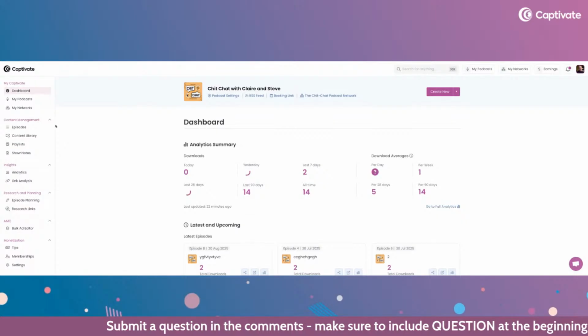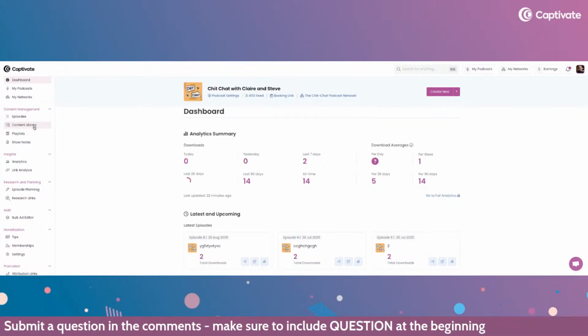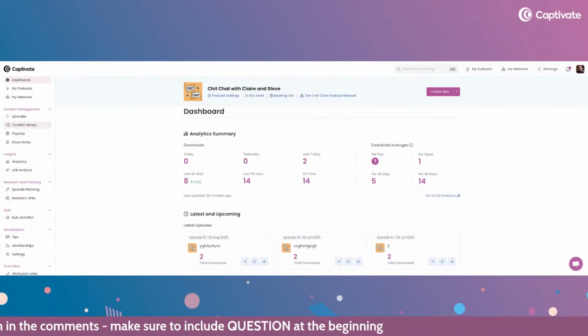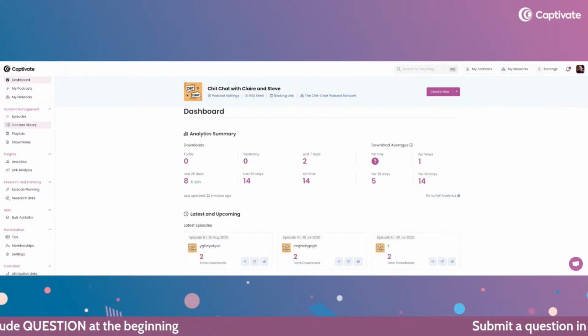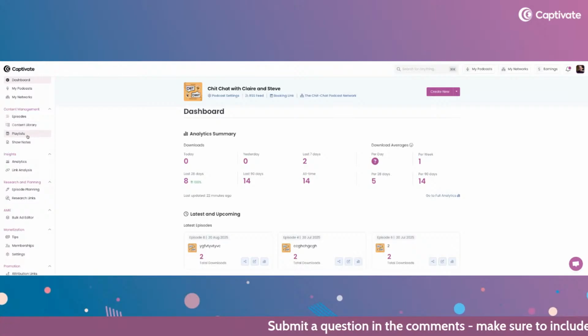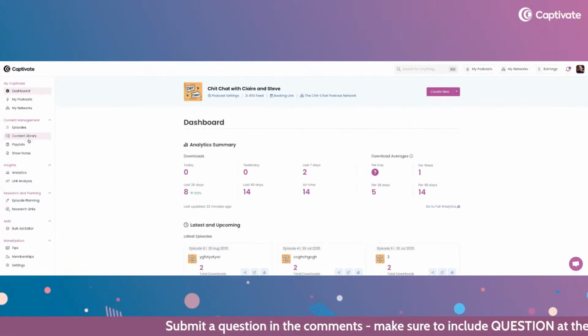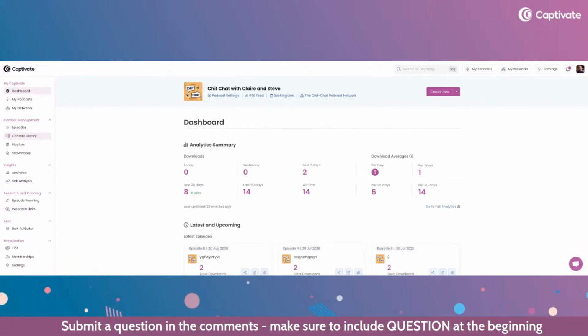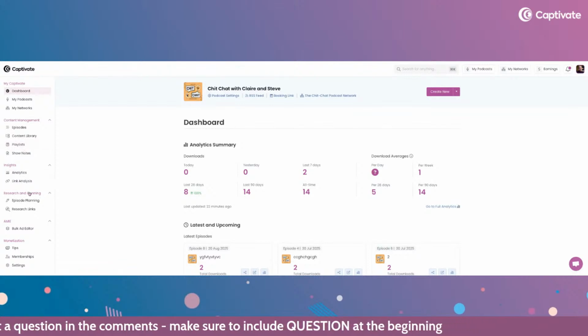And with Captivate, you have a whole bunch of features that you can go through. If you've missed any of the previous live streams, we do have the live stream playlist on our YouTube channel. Once you've finished this, you can check out the playlist, and any live streams you've missed that cover all the rest of the features will be in that playlist. But today it's all about the research and planning.